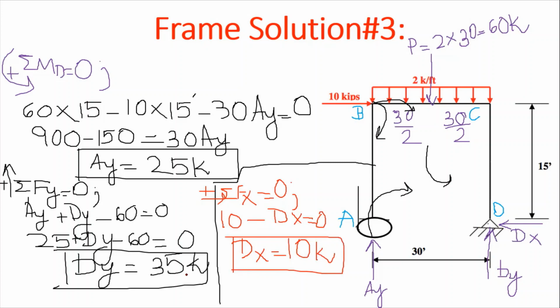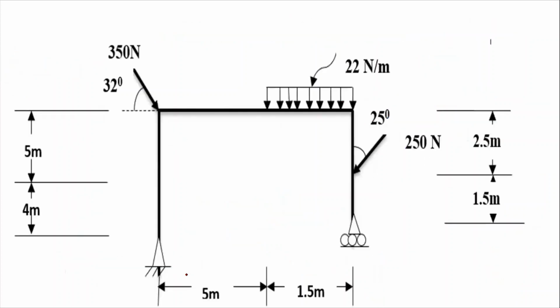So now these were the three numericals. Now we are moving towards another numerical, and I have given this numerical in the exam. I don't exactly remember the year, but I have given this numerical. So it is a little bit different from the previous numericals because those were very much easier. Now what we have to do, we have to break these inclined forces into its two components. Then we have to sum up moment.